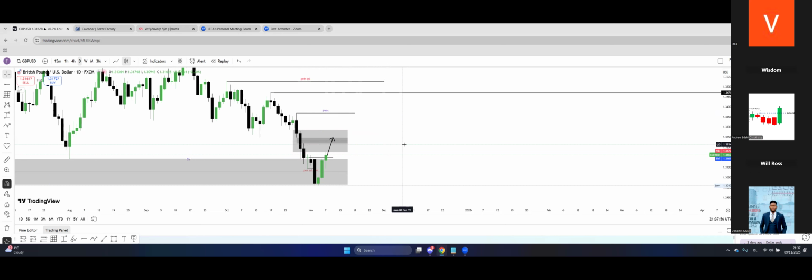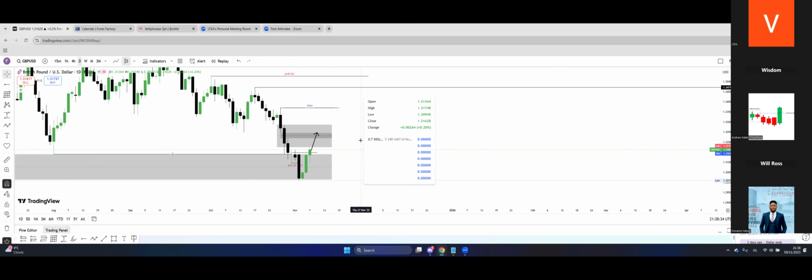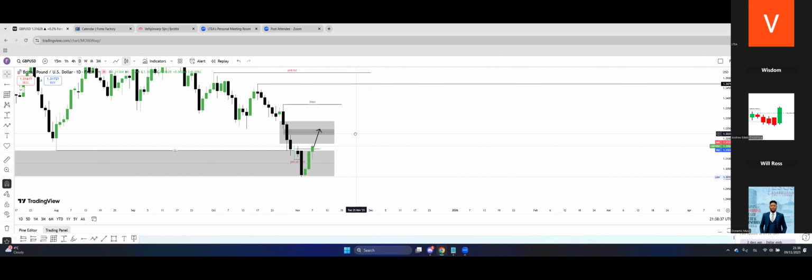So it can do it in different ways. It can just go aggressively through this area, and that is telling you that price is not just coming for rebalancing, it's coming for liquidity itself. How price moves is going to tell you if it's just going to come here and respect it or blow through it, and that will also give you a sign that price is now coming for liquidity. It's not coming for inefficiency, it's coming for both inefficiency and liquidity, because this market needs liquidity at all cost.